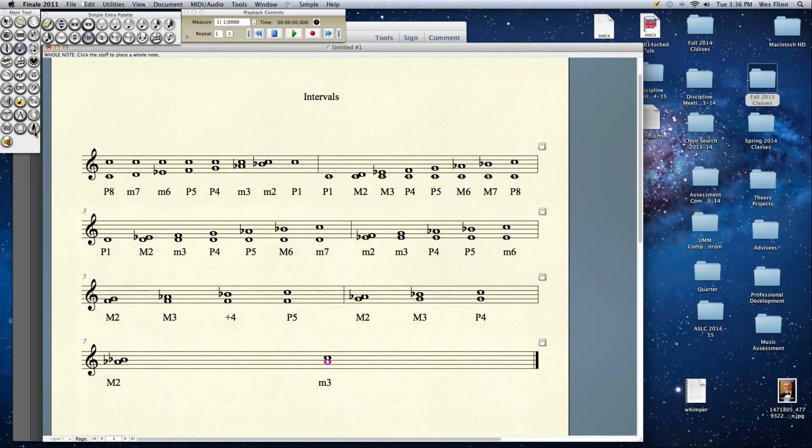Right, so when we turn this into a minor scale, something really interesting happens. We took the E to C, which was a minor sixth, and we dropped the bottom down by a half step. So what do you think that did? Made it a major sixth. Did the same thing with our minor third, which became a major third, and our minor second became a major second. Now, this didn't change the major second at all, but it did change our major third, because we reduced it by a half step,